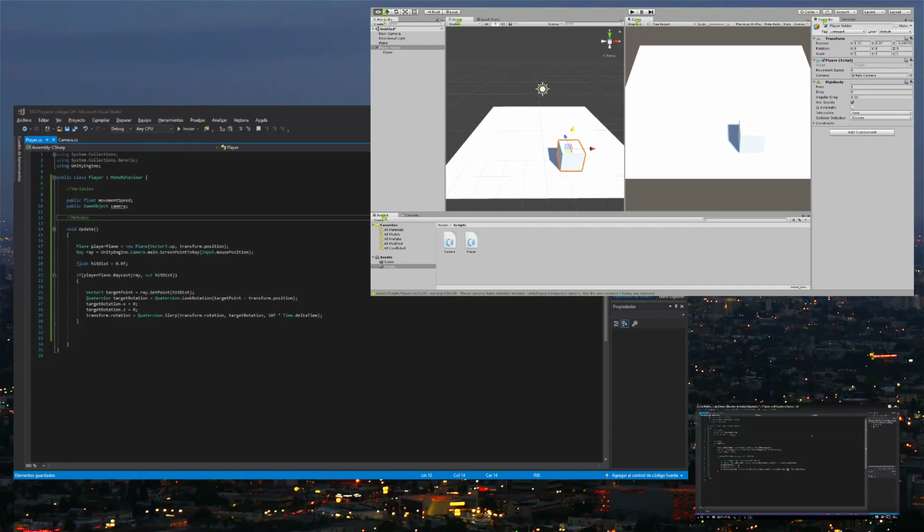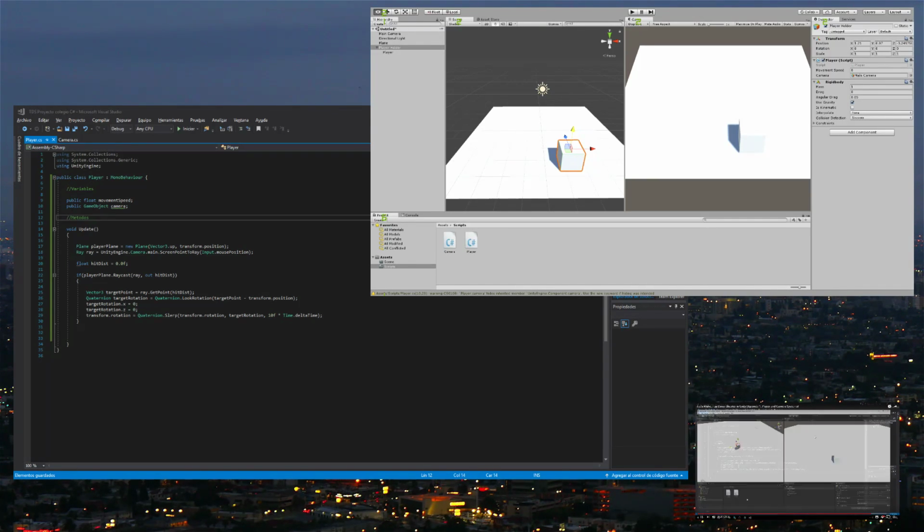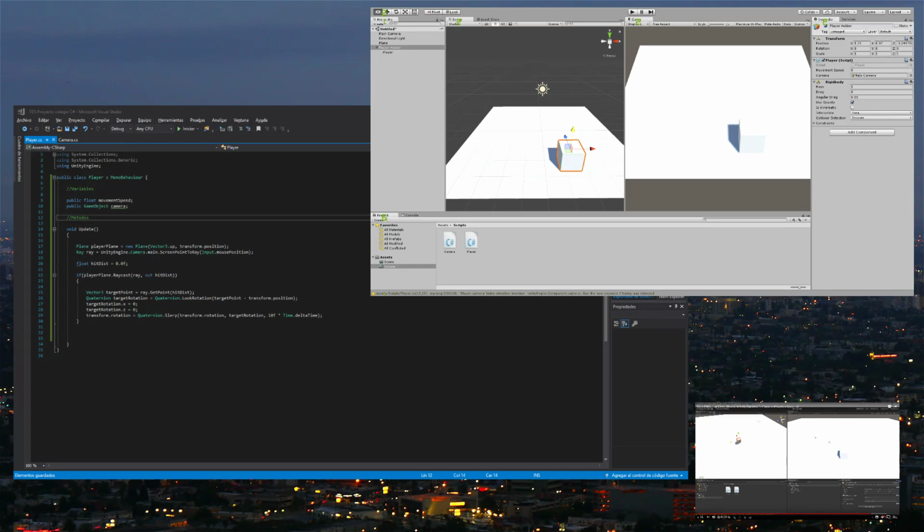Rotate by 7 units or whatever. And we'll try this out. So the cube should be rotating towards the mouse. So if I just... Oh, and also, I can also just go to player holder and attach the camera to